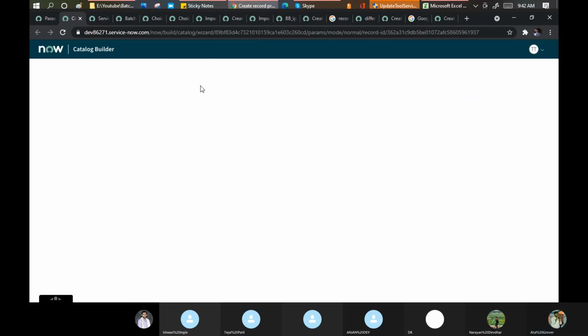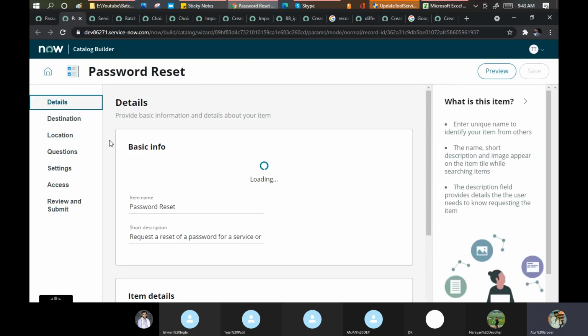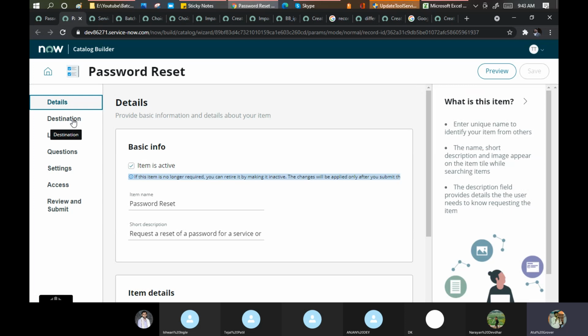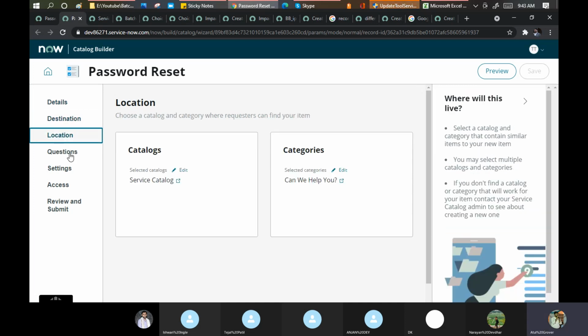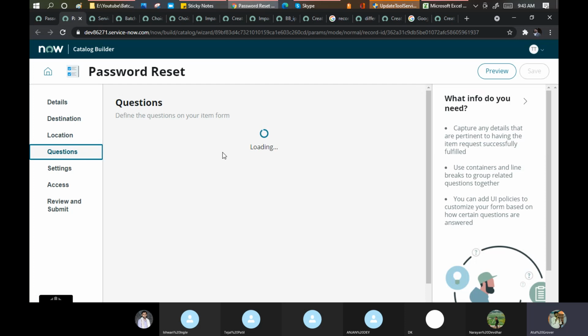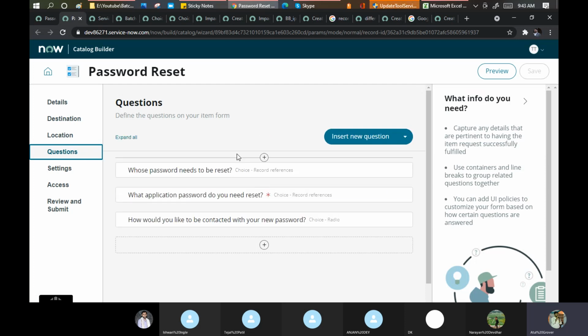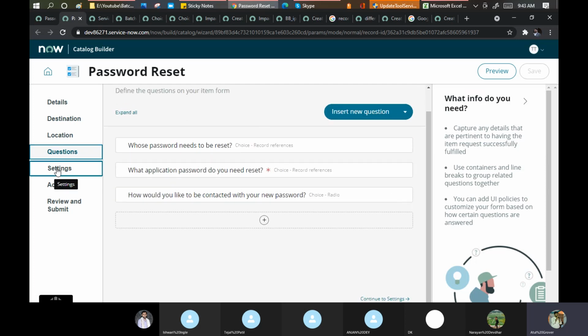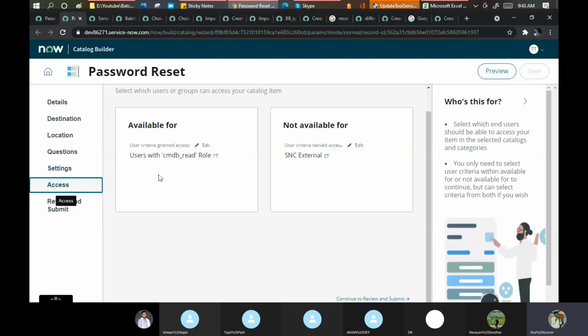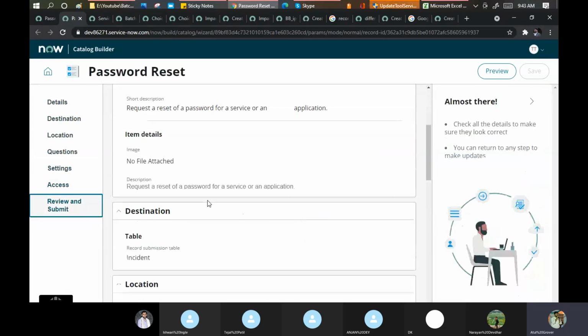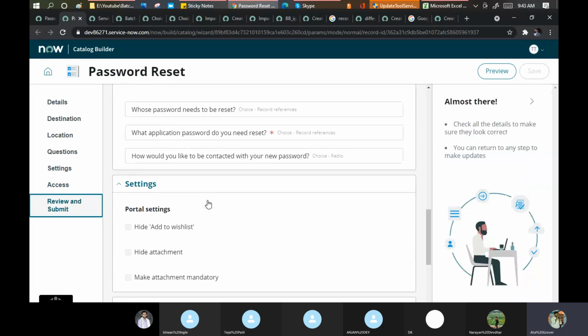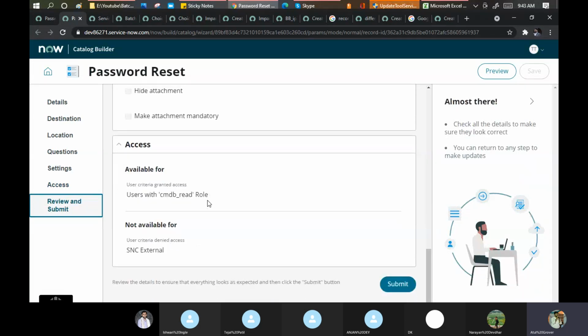Okay. Destination is here, incident table. Location you can put as categories. Questions is your variable set here. Okay. Settings, assess this. Submit and review. Then where's the coding of this part? No coding.